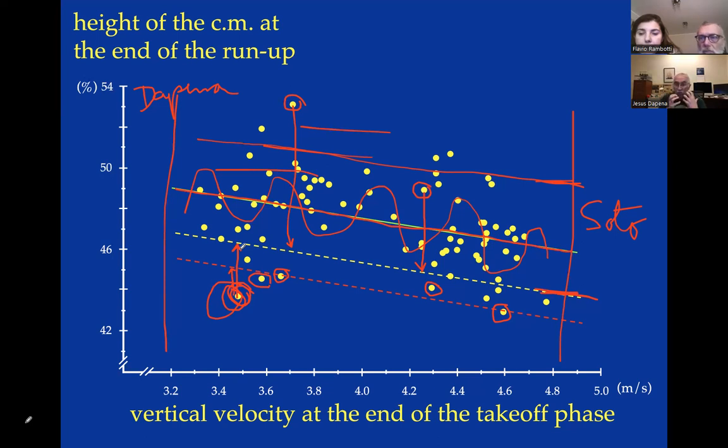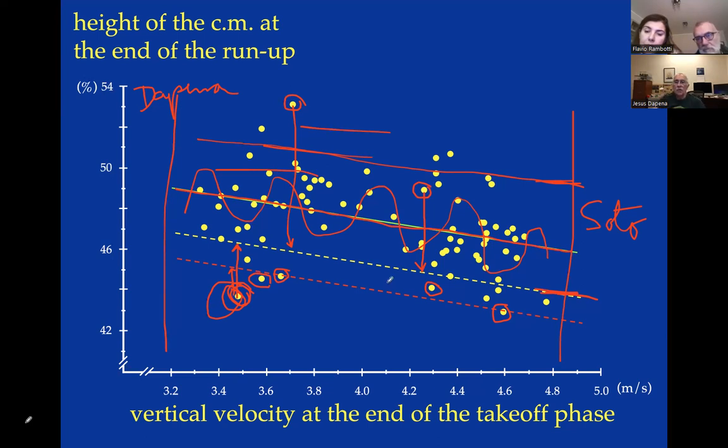Okay, so a thing that we have to consider here is that having a fast run-up is good for you. It's the previous talk about run-up speed. Being fast is a good thing. It puts your takeoff leg in stressful conditions that allow it to make big force. And here we have that being low gives you more time for the takeoff, but it also puts more stress on the takeoff leg during the takeoff phase. So when I give advice, I have to look at both of these pieces of information.